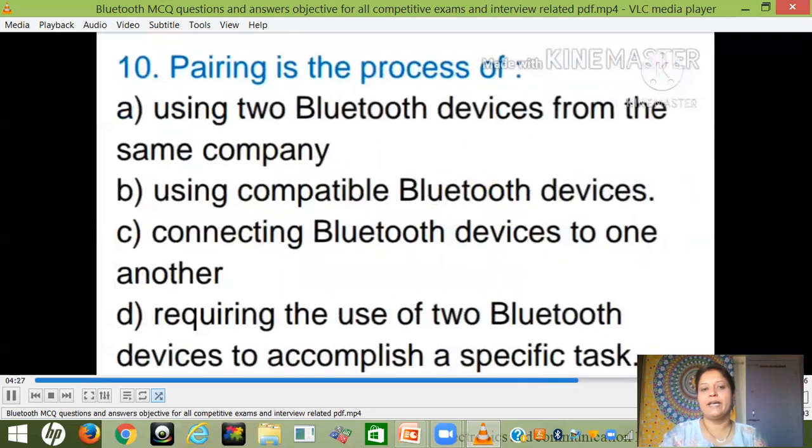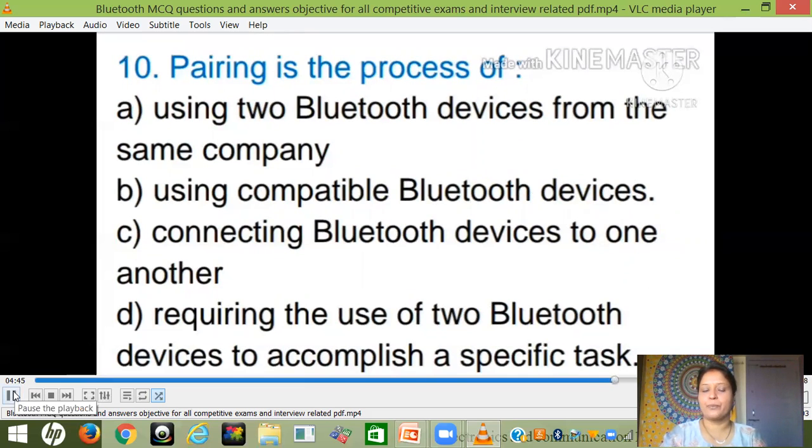10वां प्रश्न है: पेयरिंग इज द प्रोसेस ऑफ? Pairing क्या होता है? आप सभी जानते हैं जब भी आप ब्लूटूथ के माध्यम से अपने मोबाइल को अपने फ्रेंड के साथ कनेक्ट करते हैं, तो उस समय आपके पास पेयर का ऑप्शन मिलता है। जब आप पेयर के ऑप्शन पर क्लिक करते हैं तो आपको पता चलता है कि कितने डिवाइसेस हैं जिन्होंने ब्लूटूथ ऑन किया हुआ है।